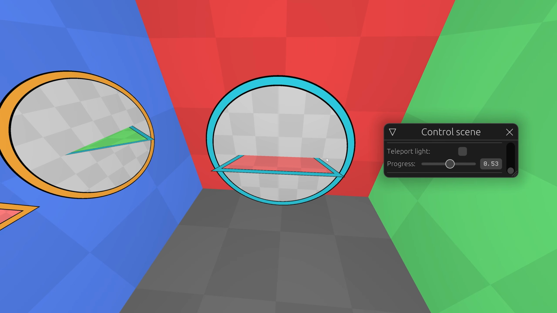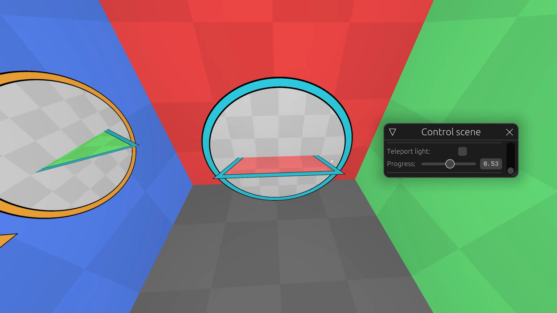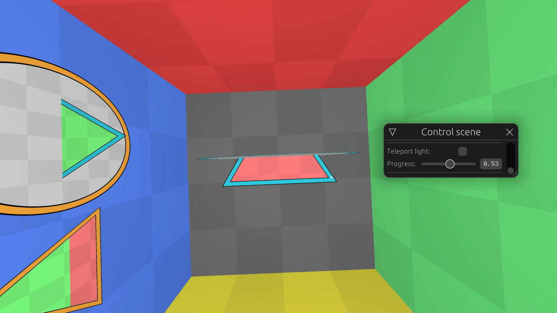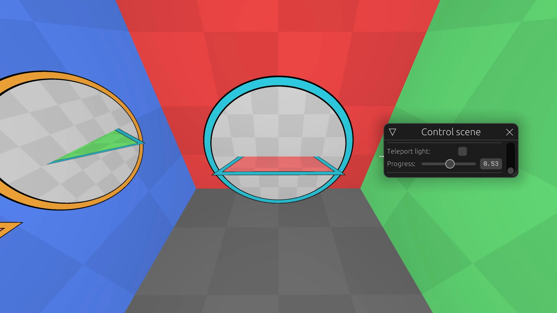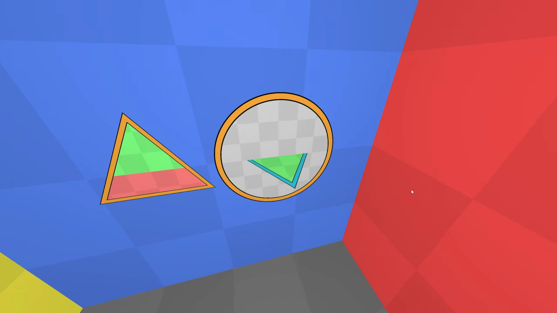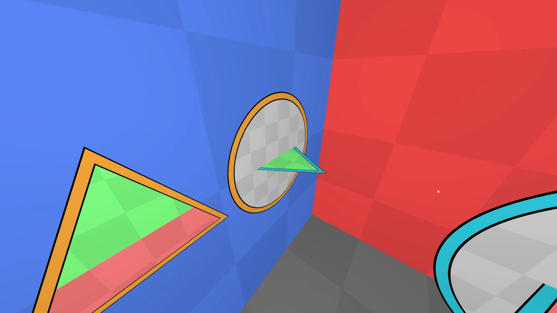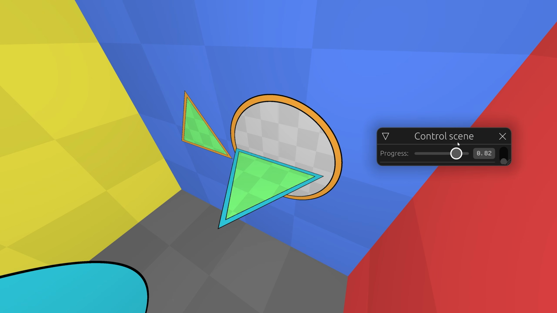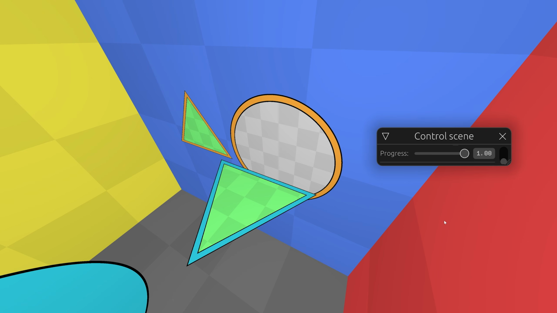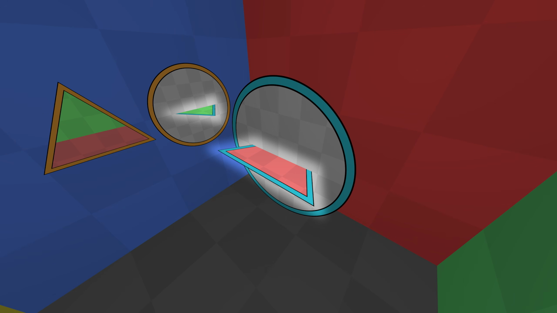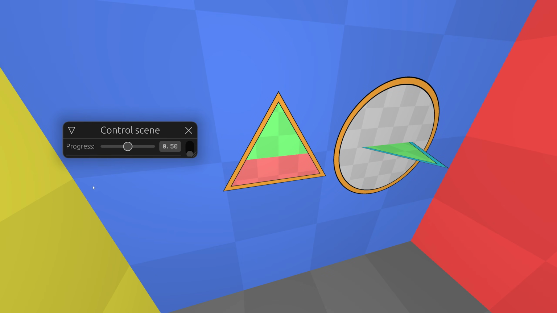Here the red color represents the triangular portal part before teleportation, and the wall color has nothing to do with it. Next, the green color is after the teleportation. As a result, when we push the triangular portal inside, it splits into two pieces. We can see why the first portal splits, but why does this one split too? Why was it red, then half green, and then full green?